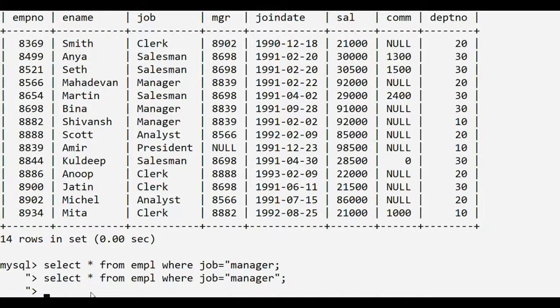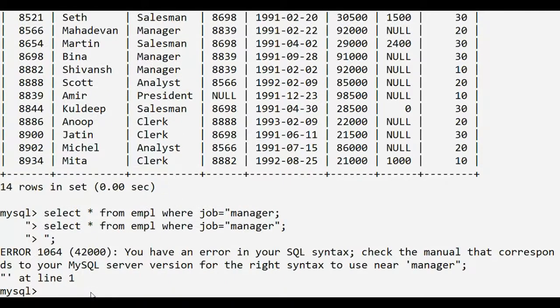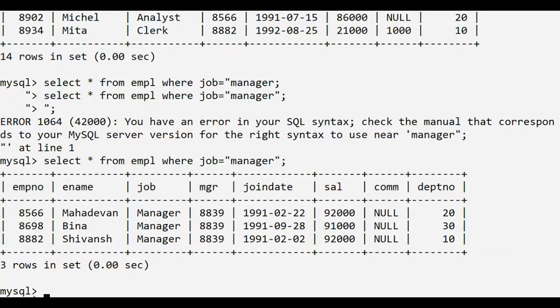How can we come back to the MySQL prompt? Type the quotation mark that was missing in the command, followed by a semicolon, and press the Enter key. Now you are back at the MySQL prompt where you can type the command again. So we bring back the previous command and press the Enter key.